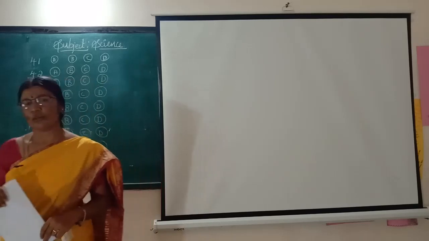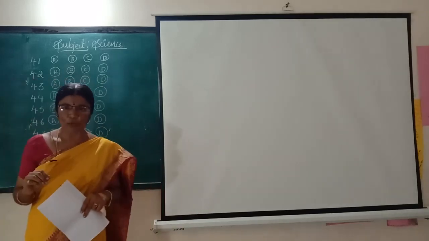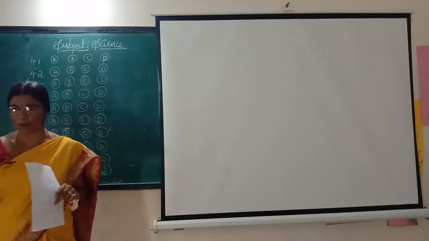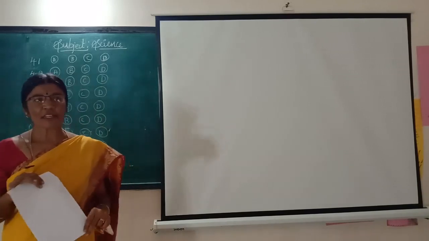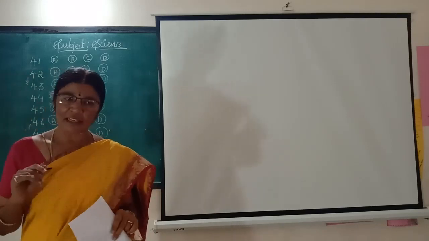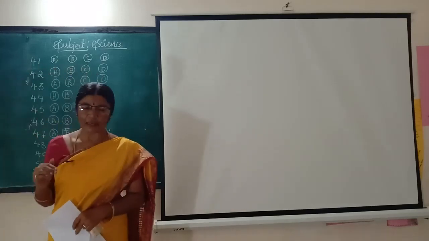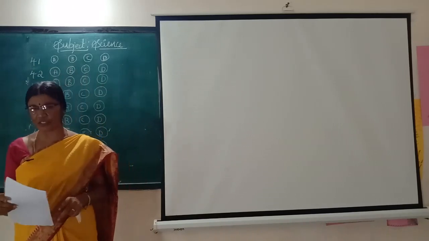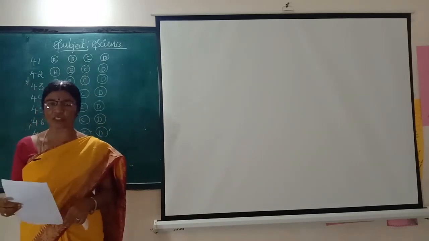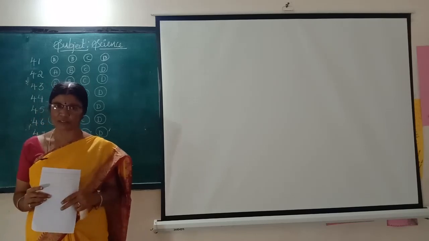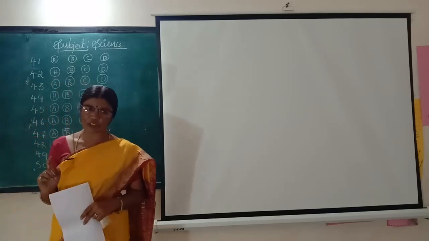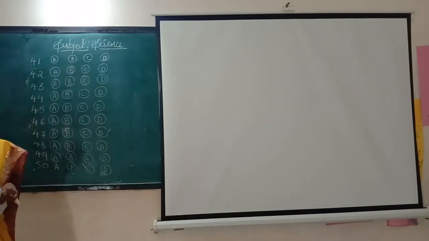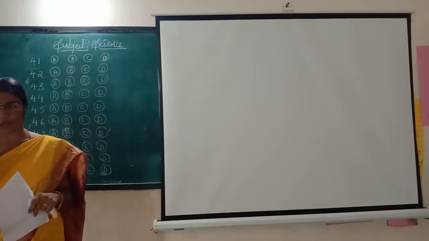Firstly, I want to tell you about some points on how to fill up the OMR sheet. Children, in the science subject, combining three subjects, physics, chemistry and biology, from the physics part you have 15 questions, from the chemistry part you have 13 questions and biology it is 12 questions. Altogether 40 questions. Question number 41 to question number 80 will be the serial numbers of the questions, children.